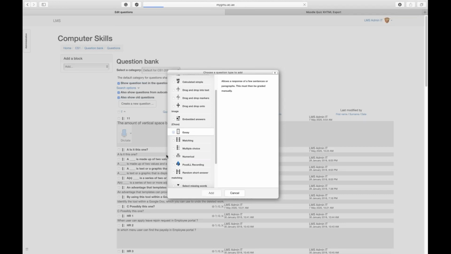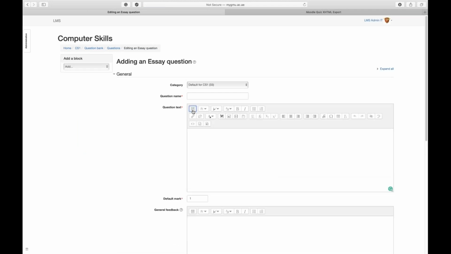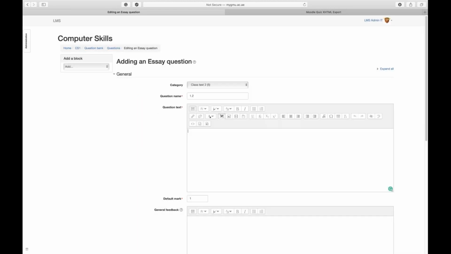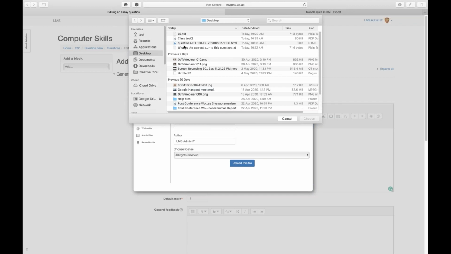If it's a very straightforward question, there won't be much error and you won't have any confusion. But if the question has some tables or images, I would recommend you to do this method. I have a question which I'm going to add to my class test 2, directly from Word. If you see here, there's an icon right here, Word. So if you click on Word and pick the question,